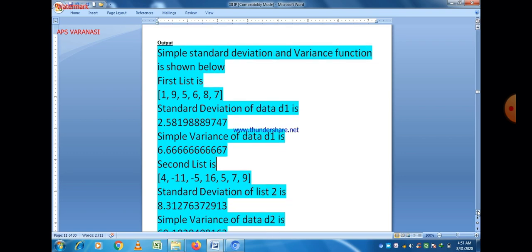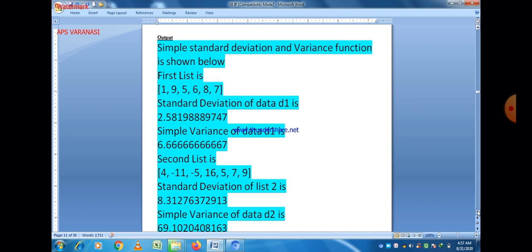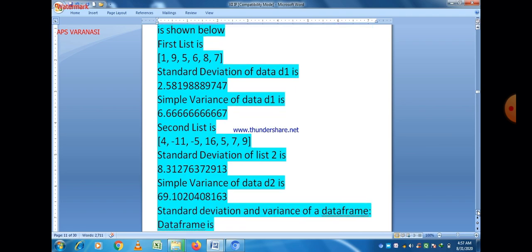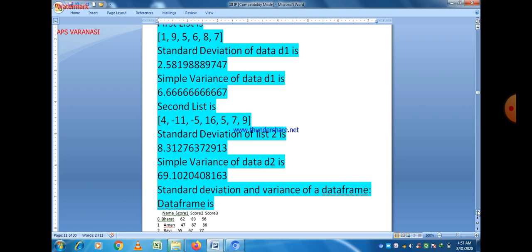I just take two lists here because one list contains only positive values and the second list contains both positive as well as negative values, to show the clear functionality of standard deviation and variance. You can also calculate them mathematically and check the answer, and check whether it is the same or not. So